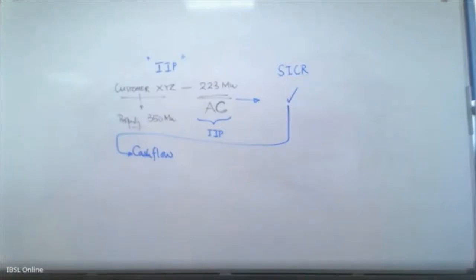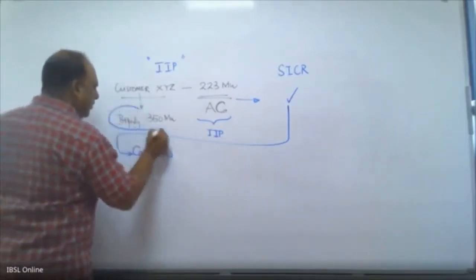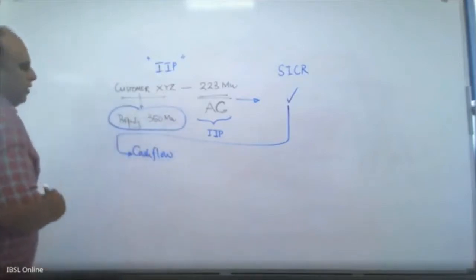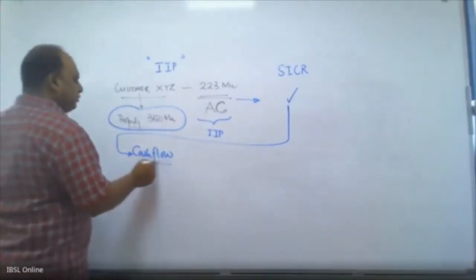But if the customer is currently saying, look, I don't have any options, I don't know how to pay this loan, then the only option, as one of you pointed out earlier, is that you might have to start litigation proceedings on the execution of the property. But that is the operational side of it. What we are doing here is accounting. So for accounting purposes, I need to make a call whether I have any future cash flows.